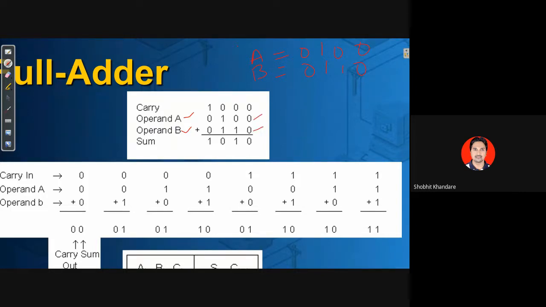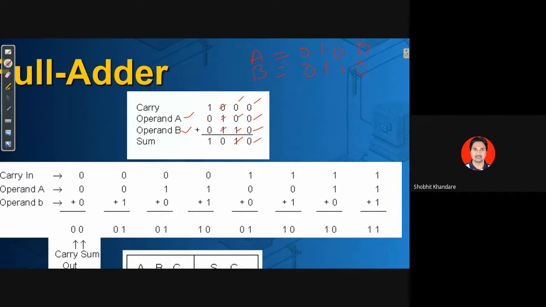0 plus 0 gives you 0. Is there a carry? No, there is no carry. So carry 0 is written here, and initially also they wrote 0, so there is no harm. Then 0 plus 1, sum is 1. Is a carry generated? No, so carry is 0. Now here you see 1 plus 1.